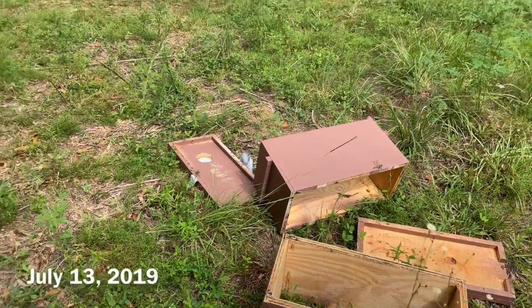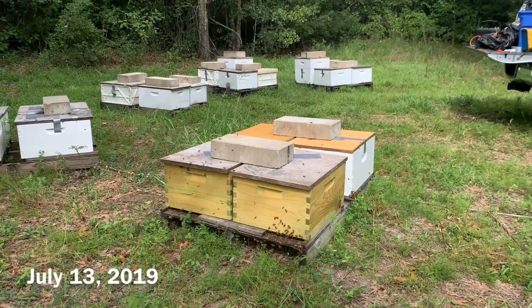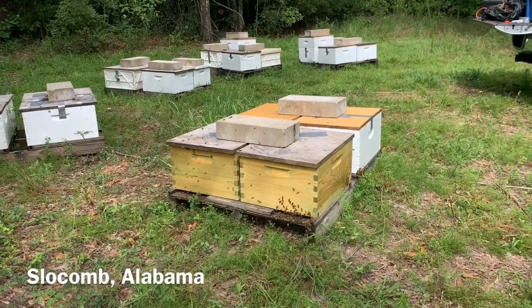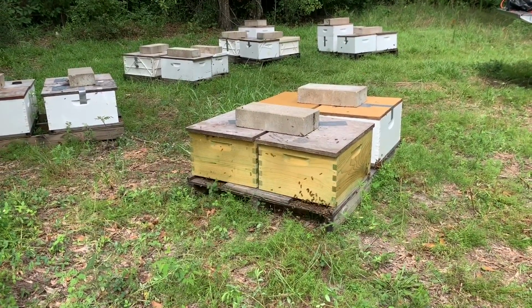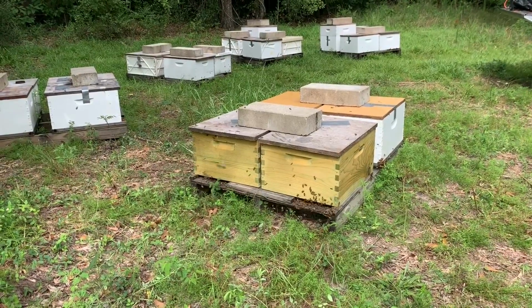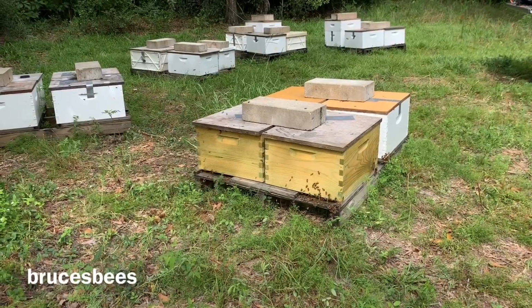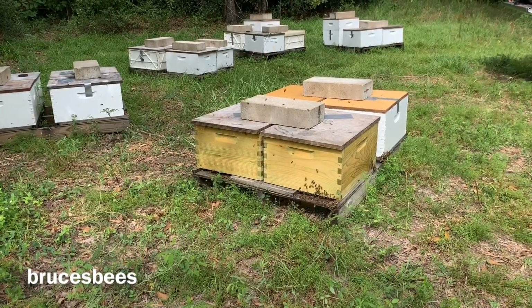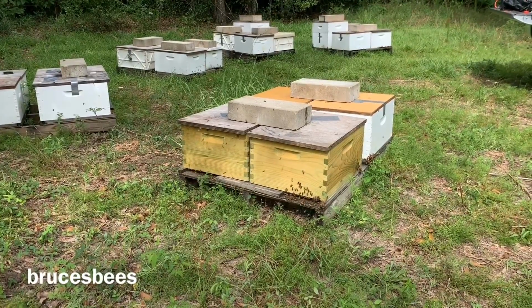Down here in Slocomb, we just got these last two hives that were in double stack nukes in 10 frame boxes. As you can see, these are the kind of greenish yellow colored boxes. These are the ones from the video. I think it was around 3 weeks ago we put these boxes together, dipped them in some copper naphthenate, and it's taken them this long to really get the smell out of them. They seem to be cured now. There is a slight smell, but